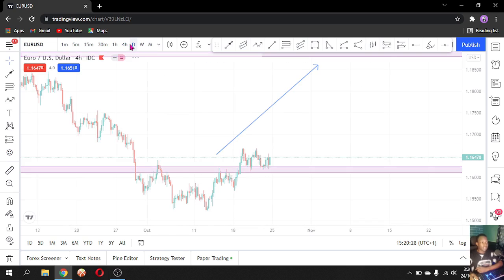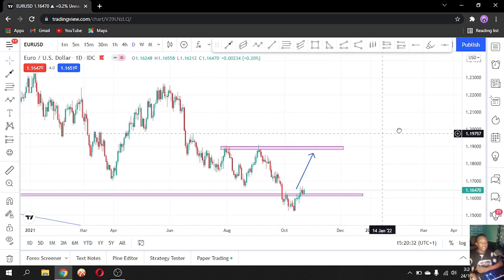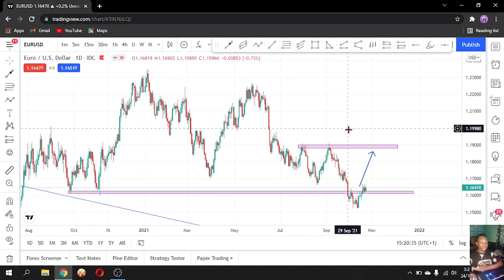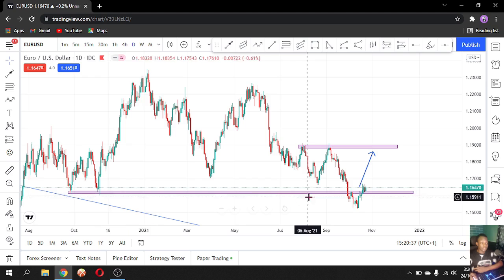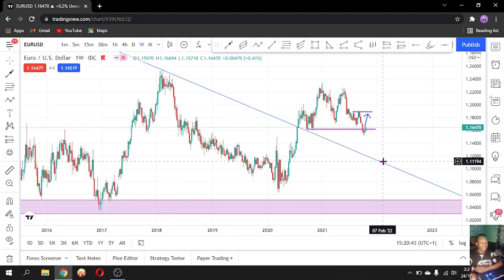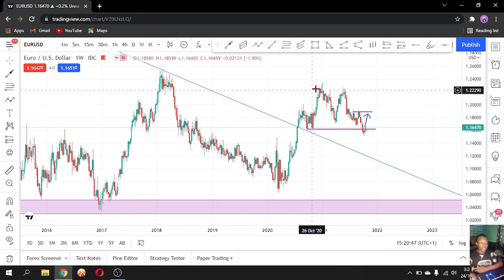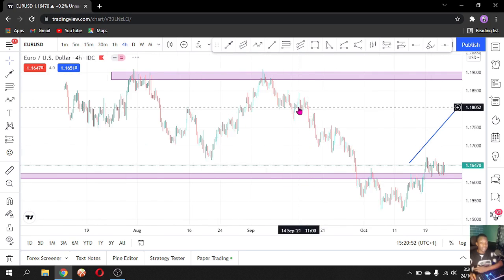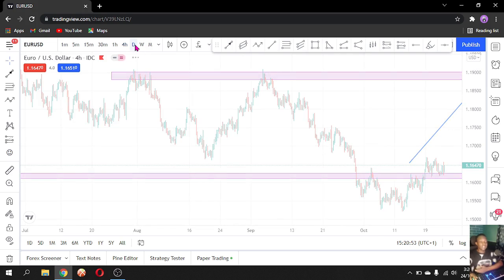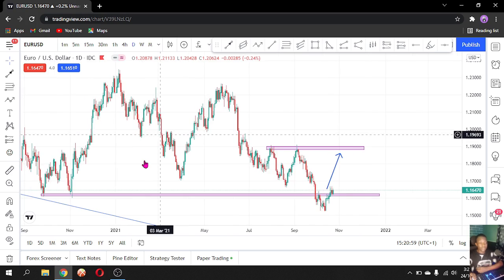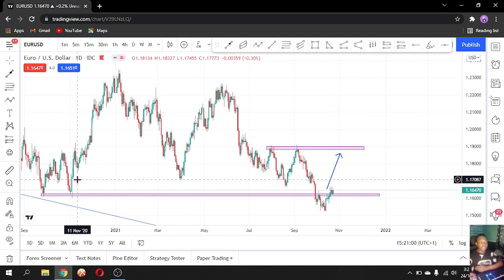Let me go back to the daily time frame. Yes, this is the daily time frame, and we earlier drew this resistance and this support. On the weekly time frame, we have this bearish trend line, and we have a breakout of this trend line and some movement on the 4 hour time frame. On the daily time frame, we have this movement here, which we showed in our previous video,